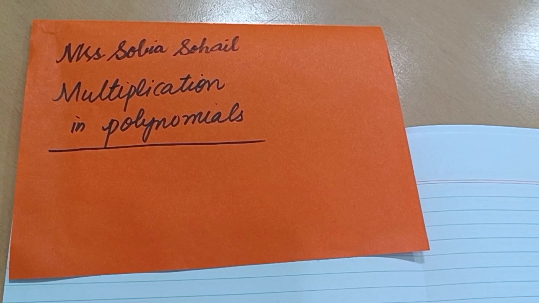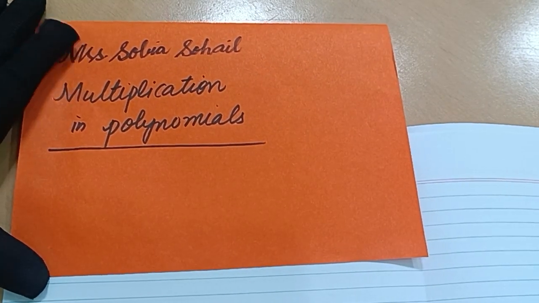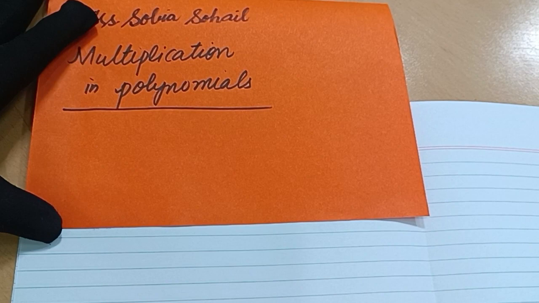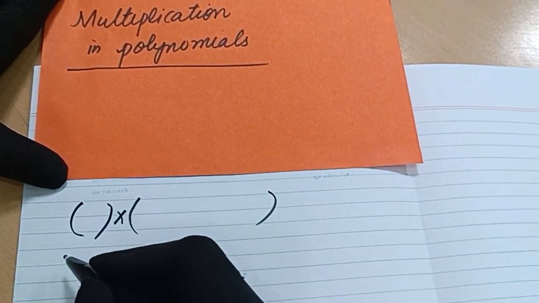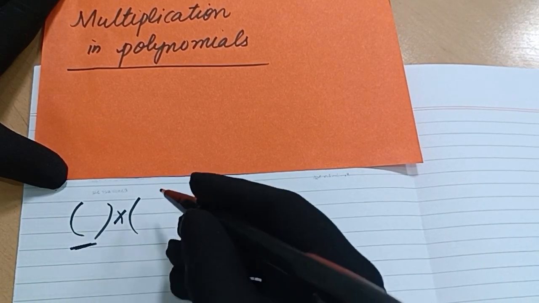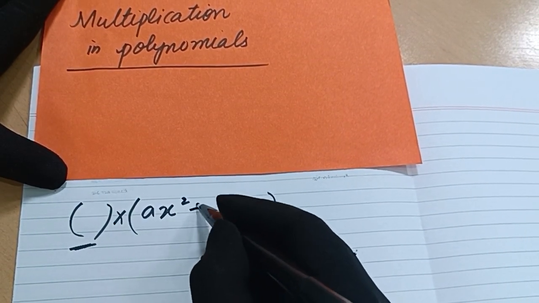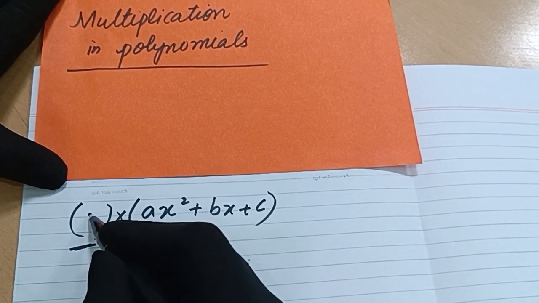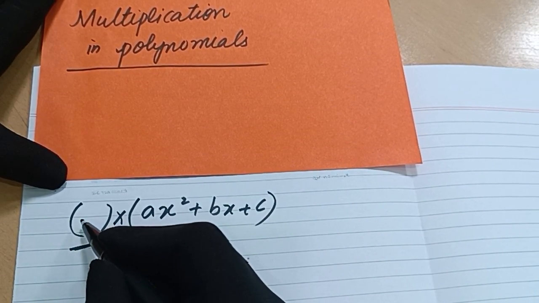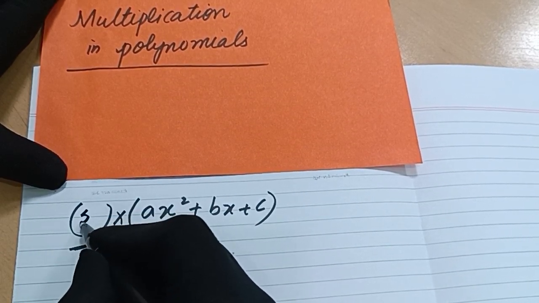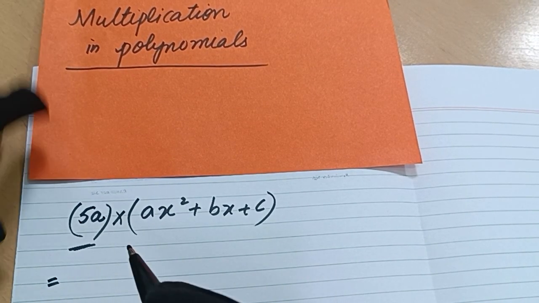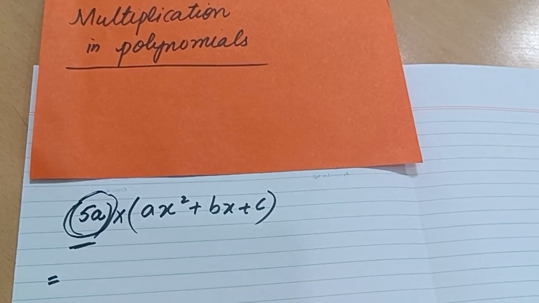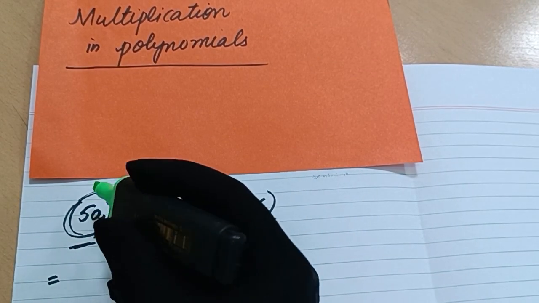Today in this video, I will try to explain the multiplication in the polynomials. Okay. So first I will write down one polynomial and multiply it with a single term, which is called monomial. Suppose I am taking any polynomial. If it is multiplying by any number, whether it is a constant number or with a variable term, suppose I am taking 5a. Okay, so when a single term is multiplied, this one will be multiplied